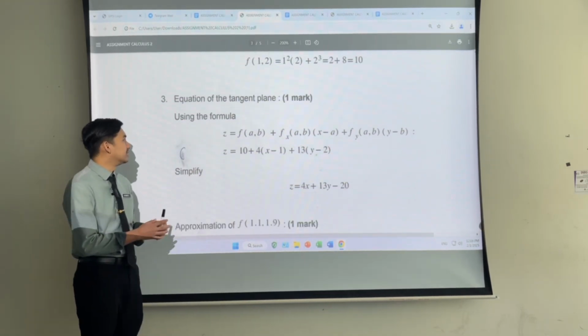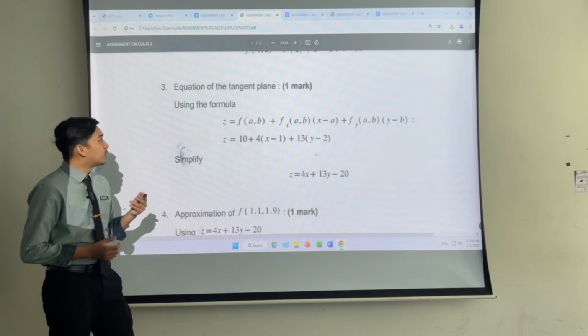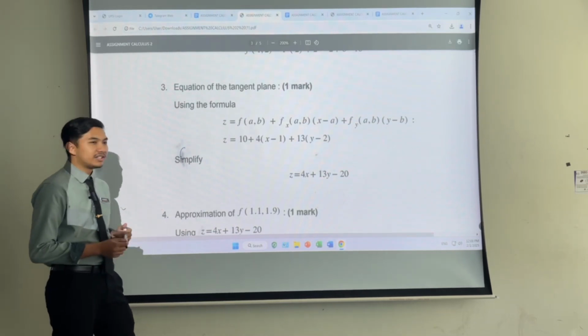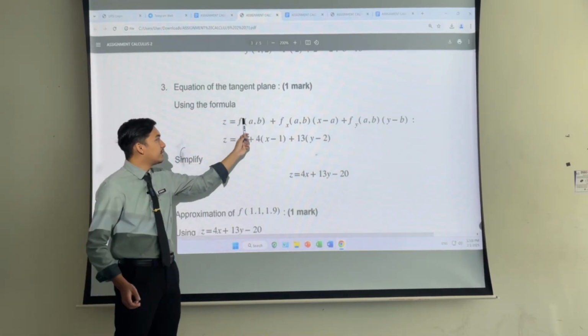Okay, we go to the next step to find the equation of the tangent plane. The formula of the tangent plane is z equals f of a, b